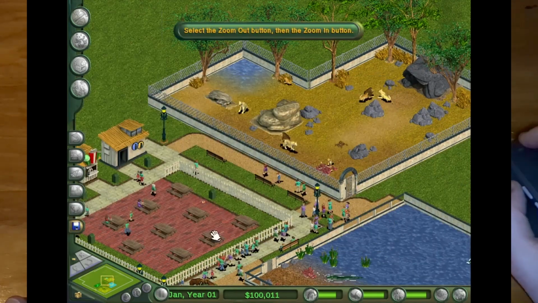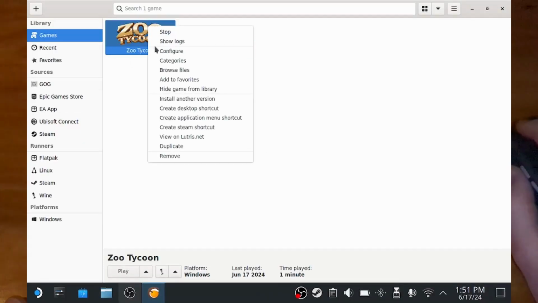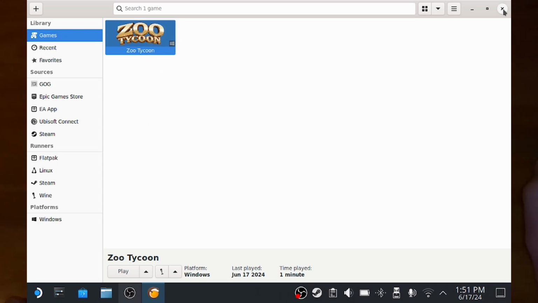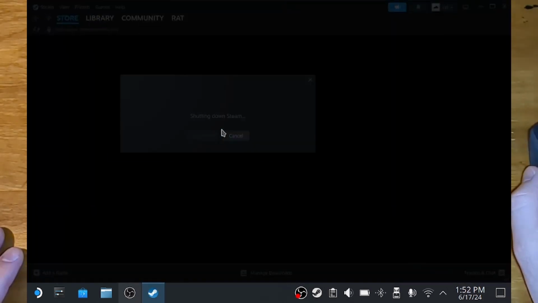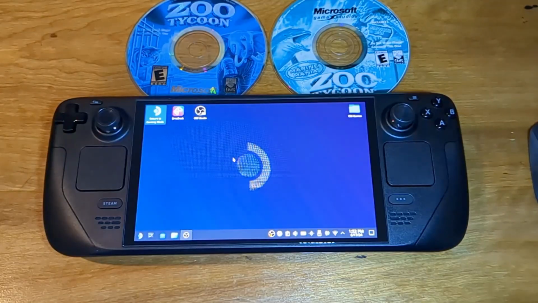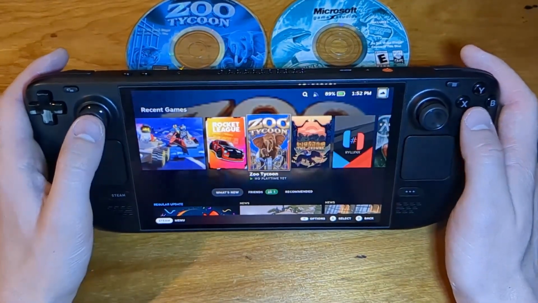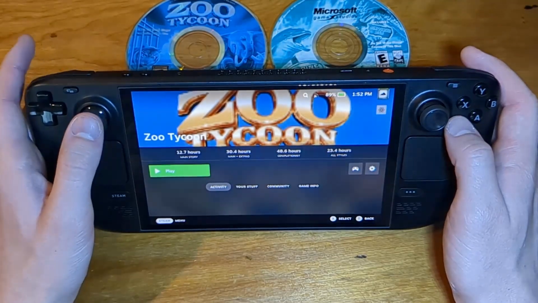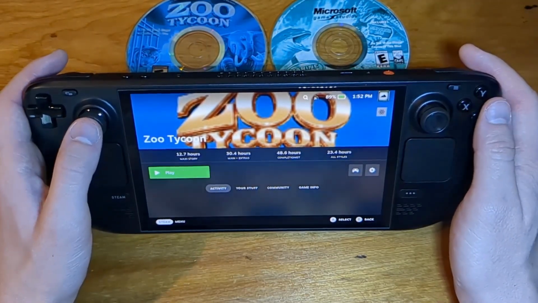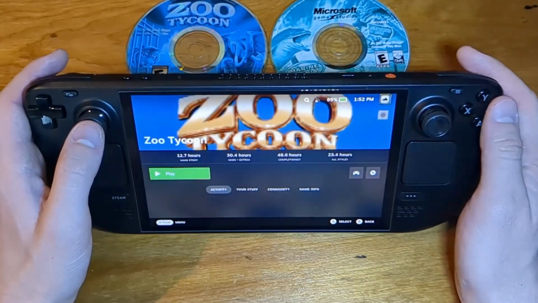Beautiful. Alright. So now we can exit out, and now you can, in Lutris, simply right click and go create Steam shortcut. And that is it. You can now return to gaming mode, and the game should run perfectly fine from there. And there it is. Shows up in the library already. It's already named Zoo Tycoon. That background, Lutris automatically sets some game art for it, but